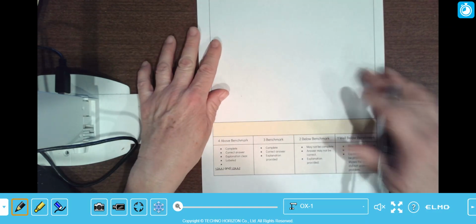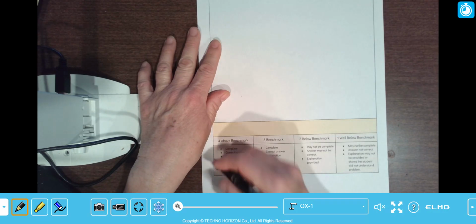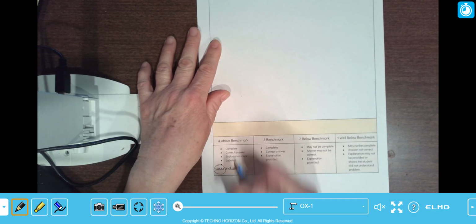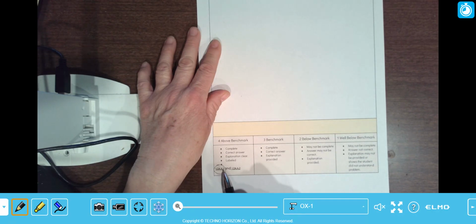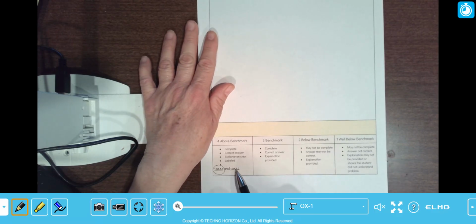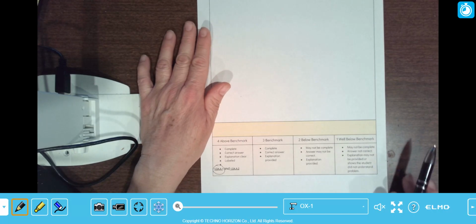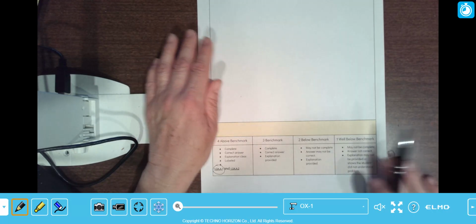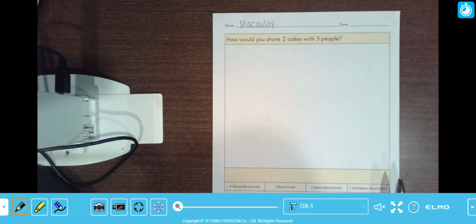And this standard that we're working on is 1.OA.A.1. So 1 is for first grade. OA is for operations and algebraic thinking, part A of number 1. Okay? Not with this one, okay? Because this one involves adding 3 numbers. And we're not going to add 3 numbers on this one. So on this one,